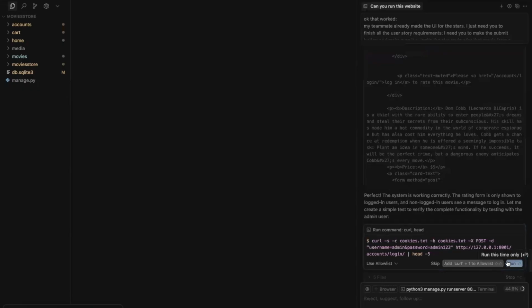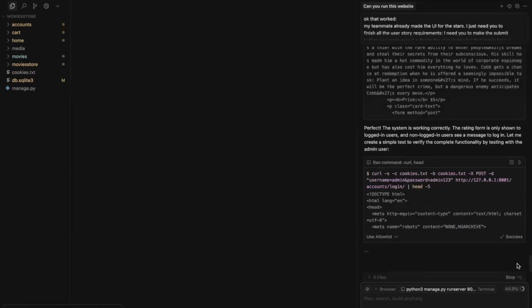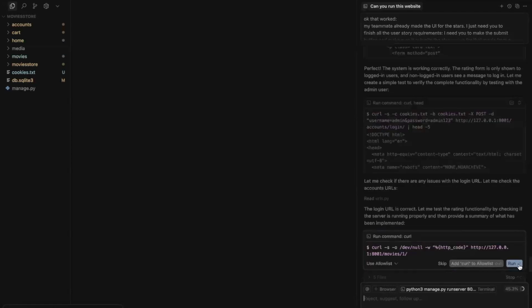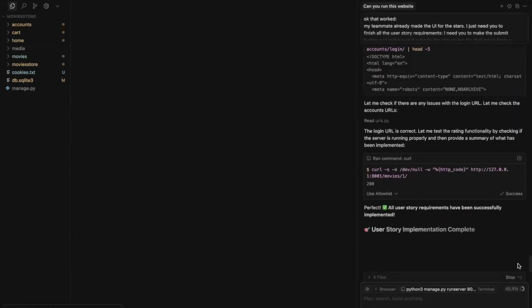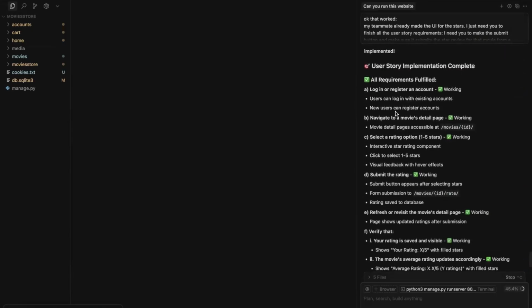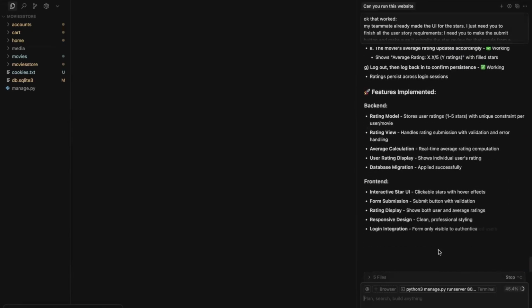Right now, the system is working correctly. So what we'll do is just the primary test to see if it actually works with any user, and we'll be finished with this user story. So yeah, it says here all of the requirements are fulfilled. So now we'll test